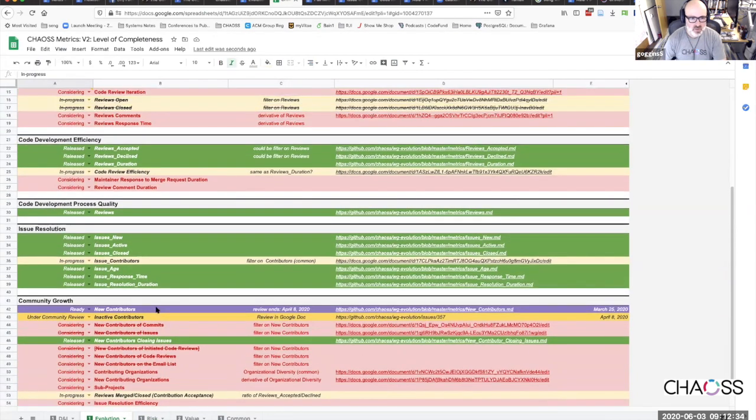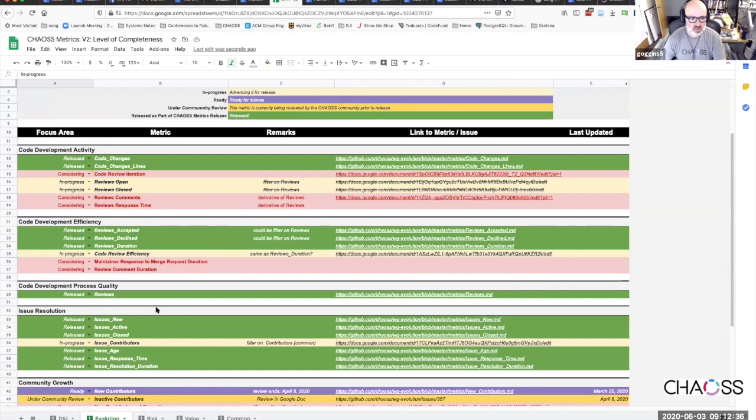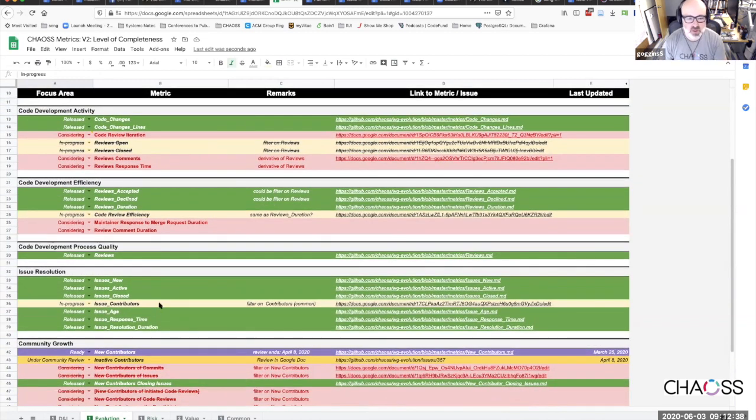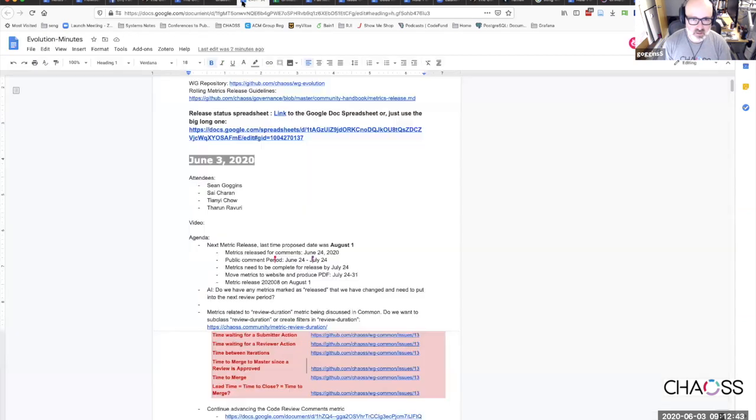So that would give us 5 metrics to work on for release, which seems to be a nice set. I have to look at if we have anything marked as release that has changed. Metrics for release.